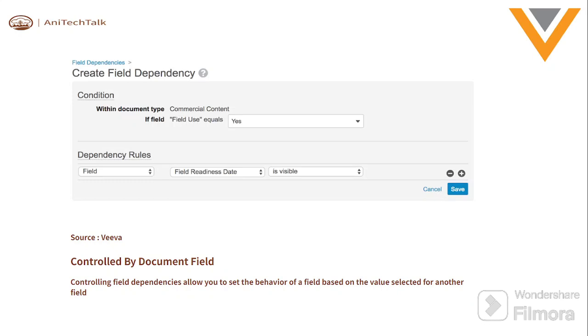So here you can see that the field called field readiness date will be visible for the user when the field called field use equals yes. So when field use equals yes, in that particular case, the field readiness date field will be visible. So this is one of the fields, and this is the other field called field use. So this field called readiness date is controlled by field use